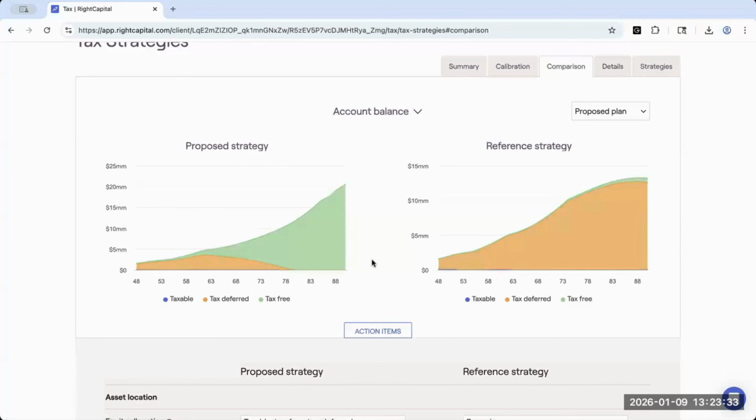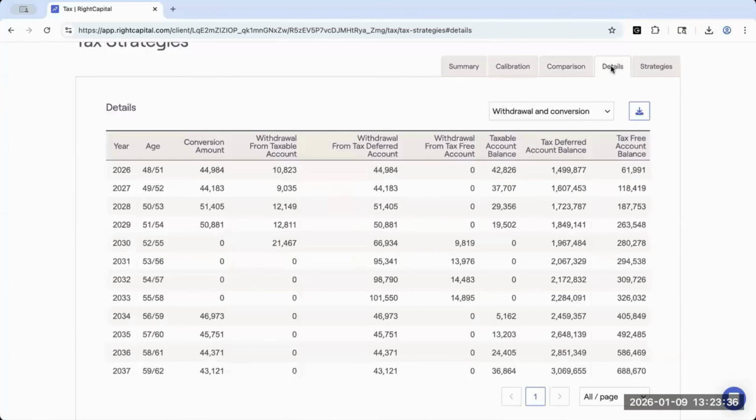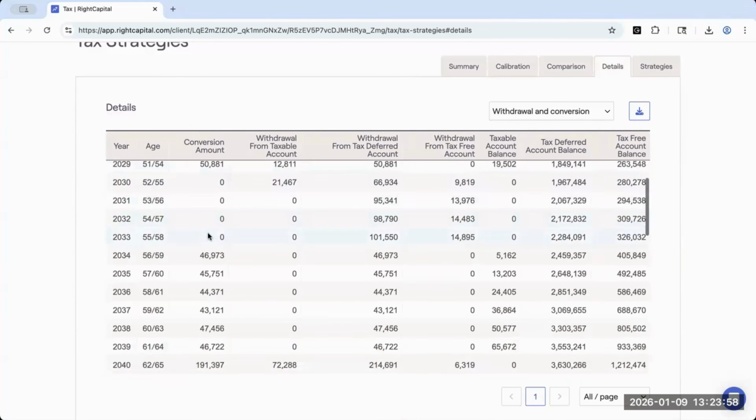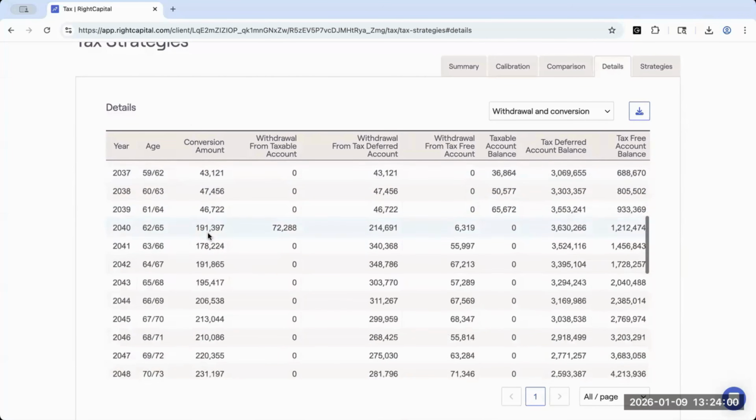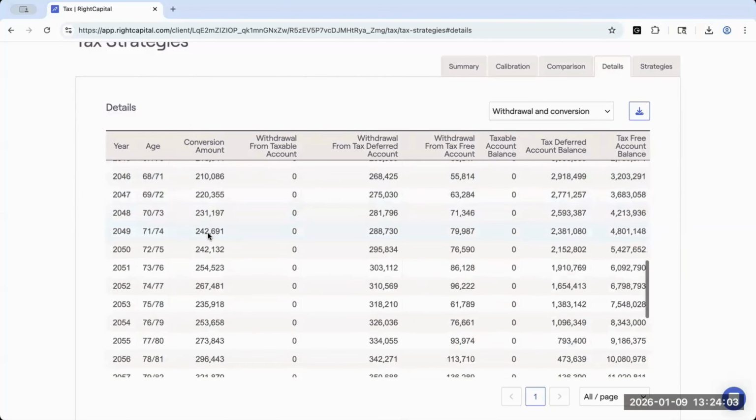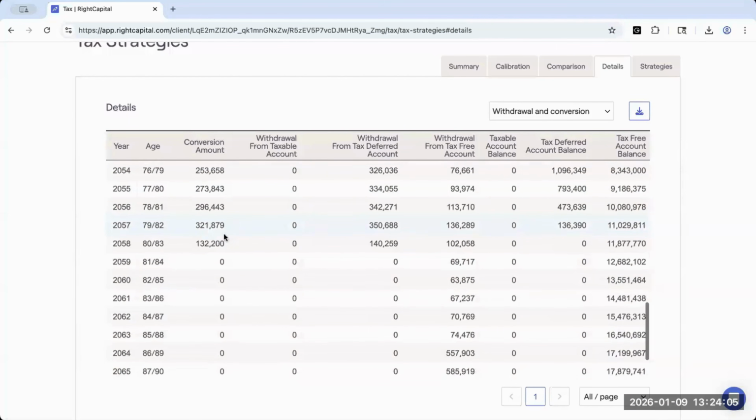One other really helpful tab here is going to be the Details tab. And the Details tab is going to show us the conversion amount as well as the withdrawals from the specific account types, and we're tracking the account balances. So if you're curious behind the scenes, how much are we converting year over year to get the numbers that we see in the Summary tab? We're going to see here our conversion amount year over year and what this is showcasing in the plan here. Every year we're running conversions, we're going to see this occur until our tax deferred accounts are fully depleted